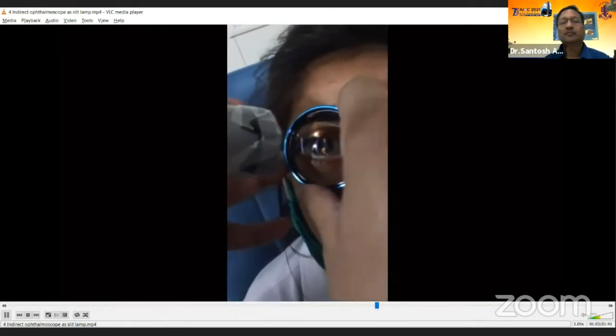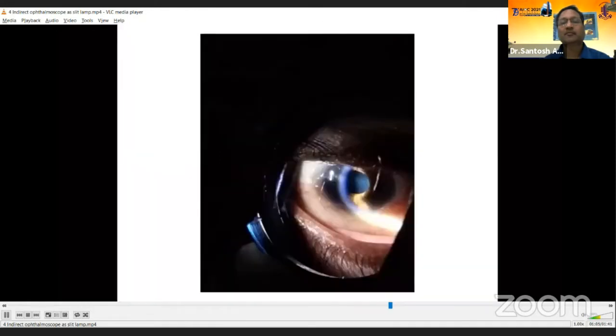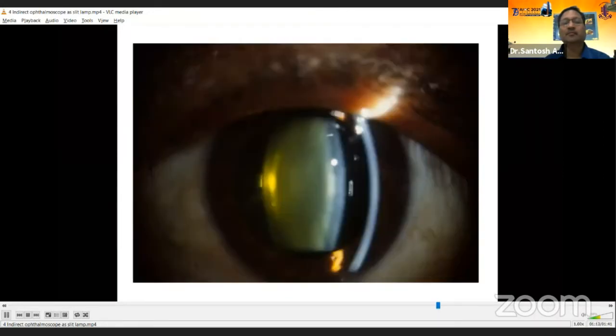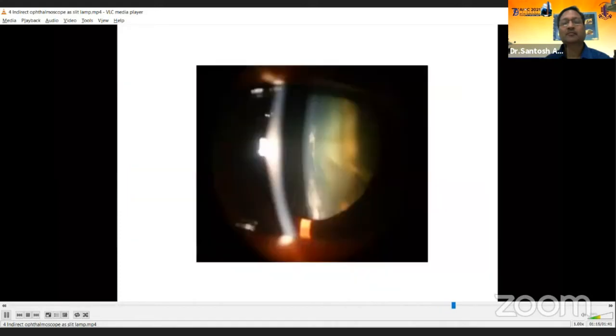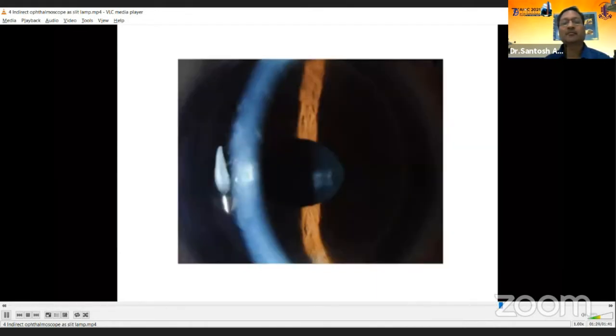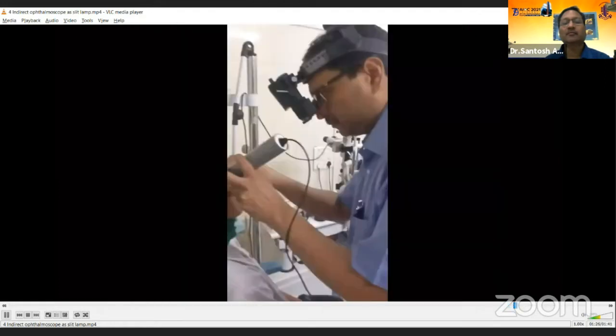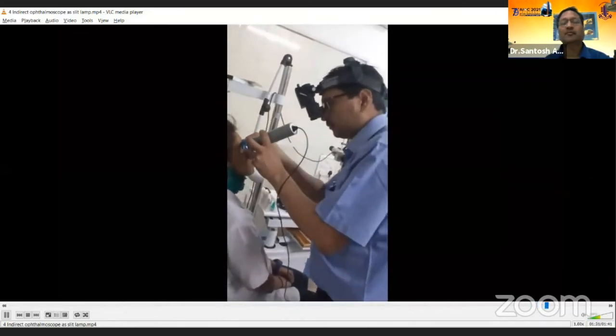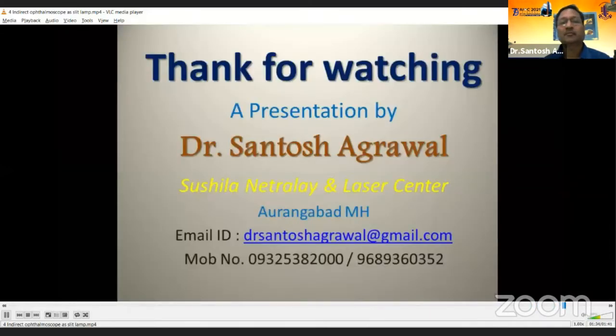Now this is the slit image of the anterior segment. We can grade the cataract, we can see the corneal details in slit images, corneal ulcers, corneal opacities, aqueous flare, and cataract grading can be done. In a busy practice, many times it is not possible to see with a slit lamp and an indirect ophthalmoscope. So for a busy practitioner or in the periphery, we can utilize the indirect ophthalmoscope for observation of the retina structures, as well as we can utilize it as a slit lamp. So this is an innovative method to utilize the indirect ophthalmoscope as a slit lamp also. Thank you very much.